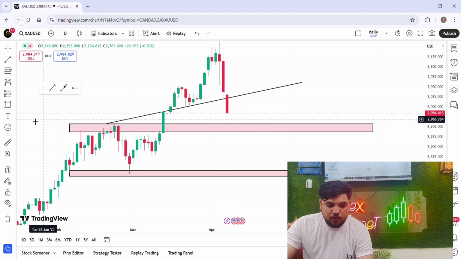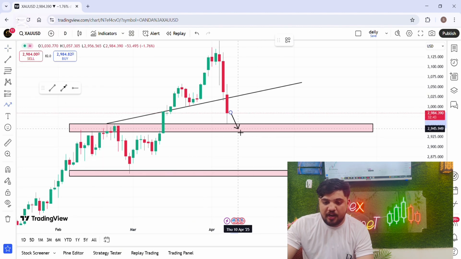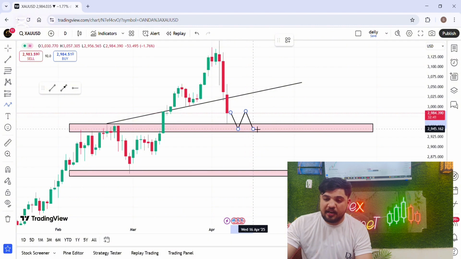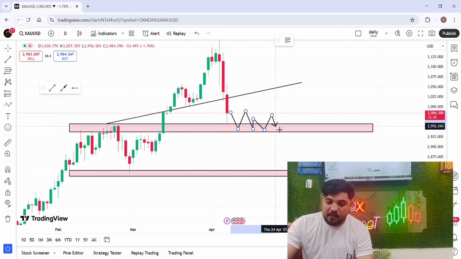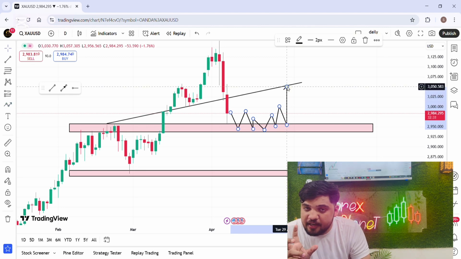Now there are 2 opportunities. If the market comes here again and tries to hold here like that, I mean many candles hold here, then we are going to buy till this trend line. It is a move of almost 8800 plus pips towards 3050,